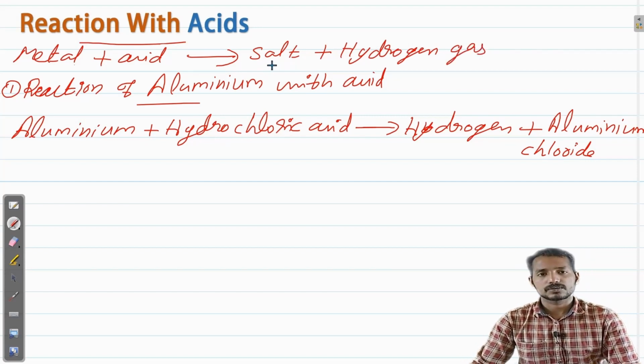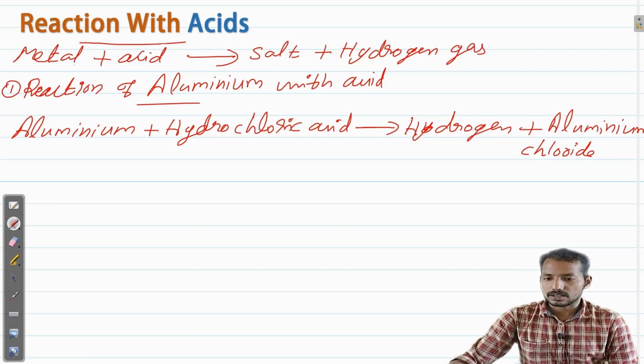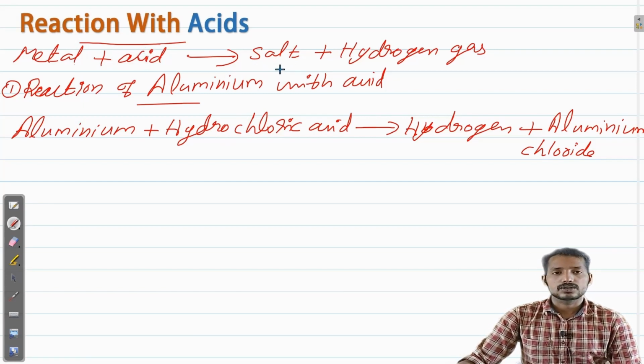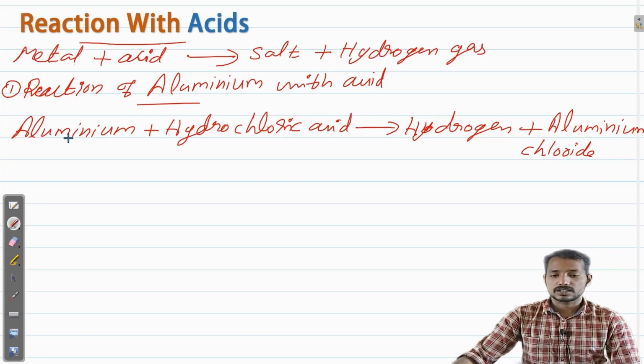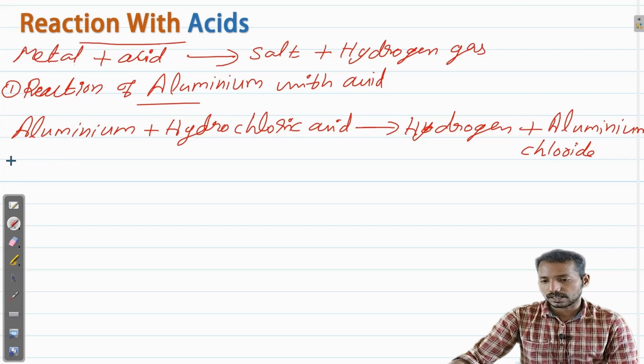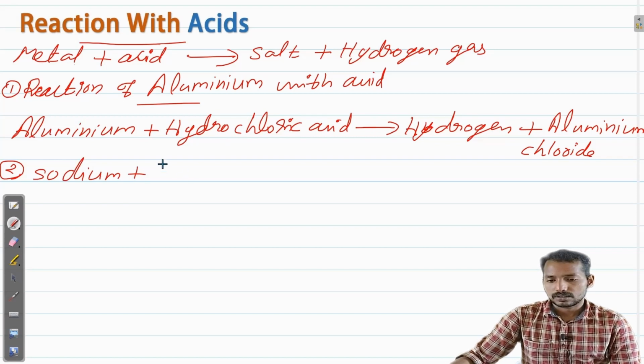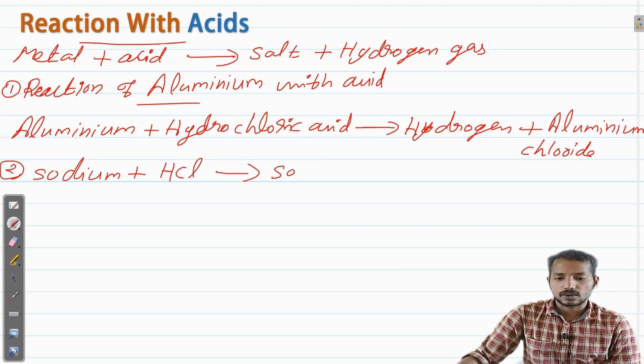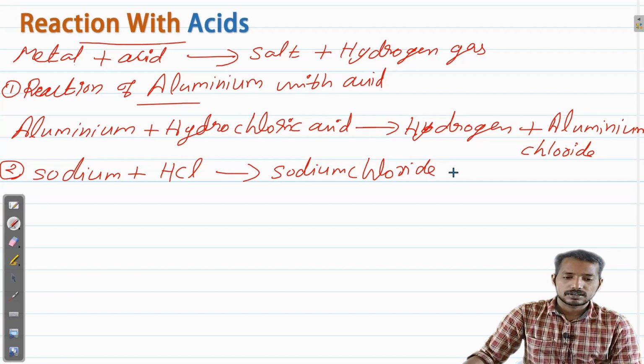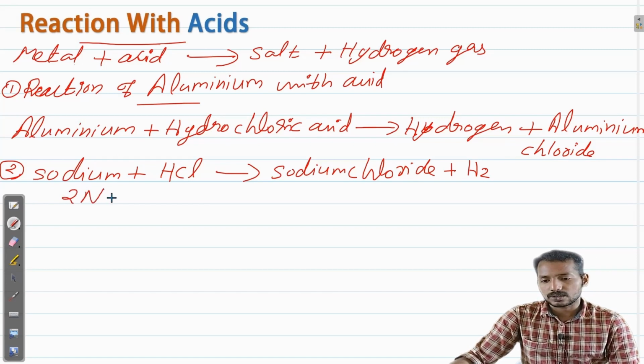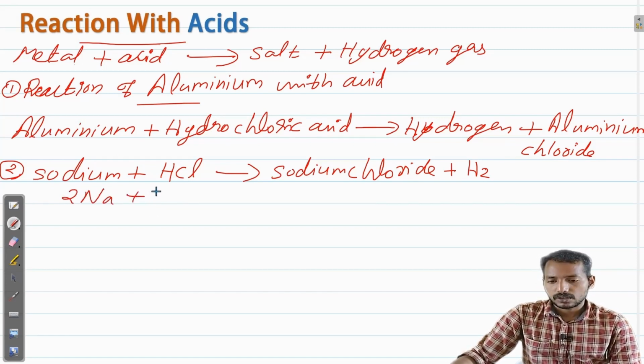That is very important. Clear? Metals react with acid and give salt and hydrogen gas. This is general. In case of sodium, sodium plus acid, that is hydrochloric acid, HCl. Okay? Hydrochloric acid, HCl gives sodium chloride plus hydrogen, H2. So simply we can say that 2Na, Na is the symbol for sodium, plus 2HCl